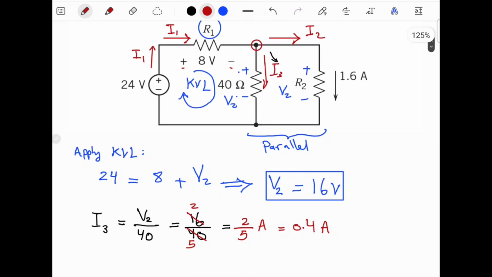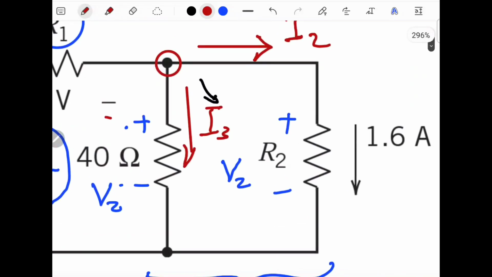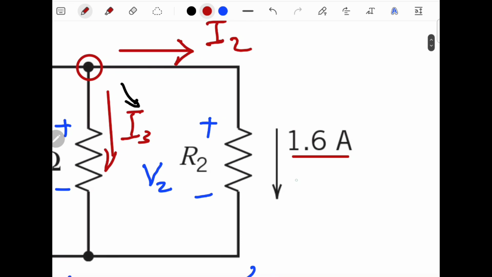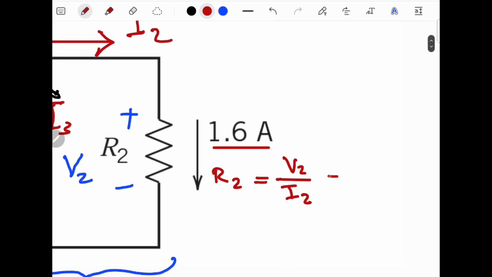So now what about I2? So the problem with calculating R2, we know the voltage now, we have the current passing through R2, which is I2, so R2 is simply equal to the voltage V2 divided by the current I2, and this is equal to